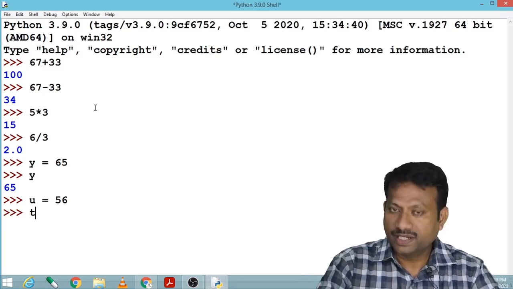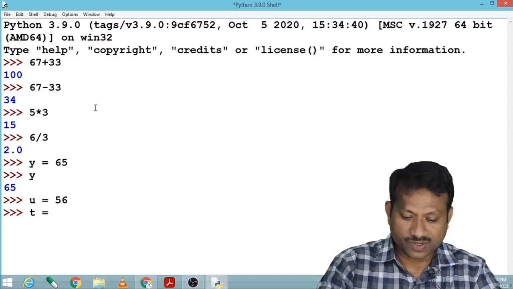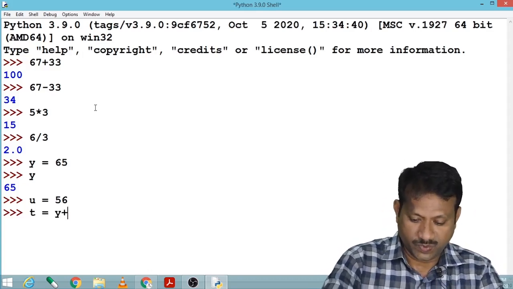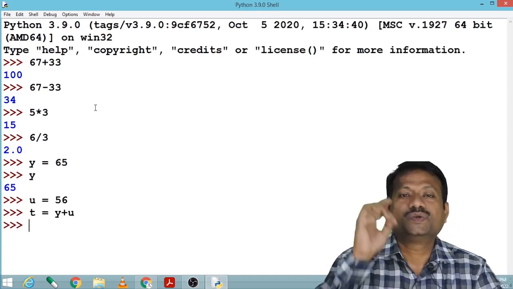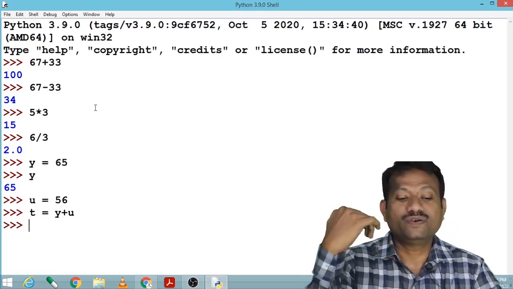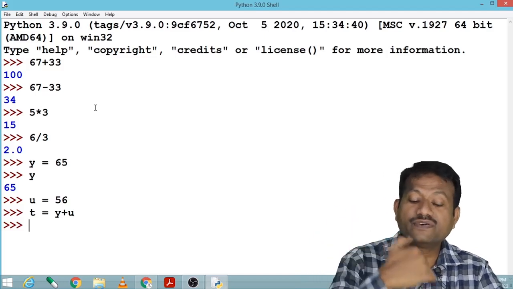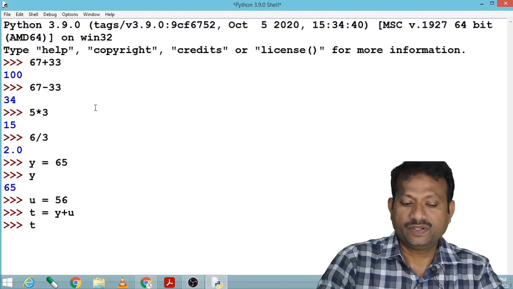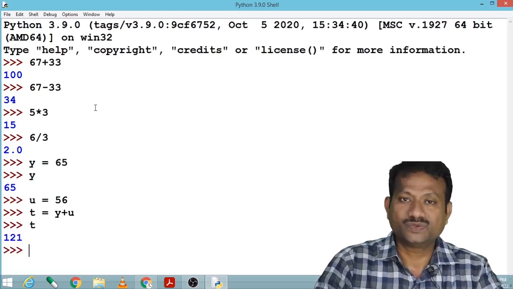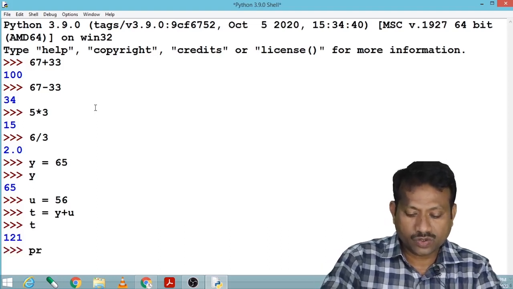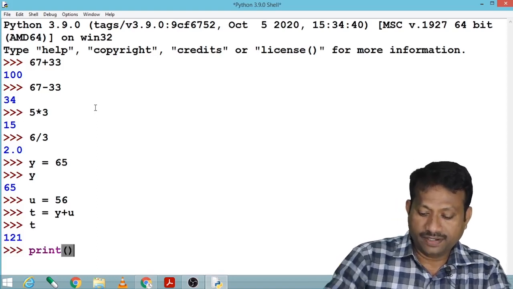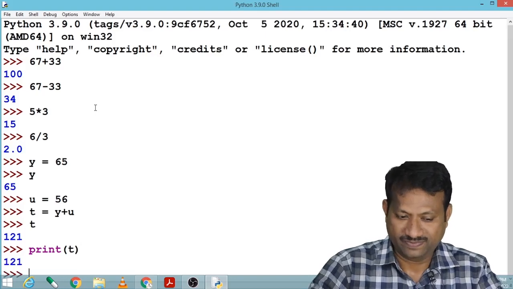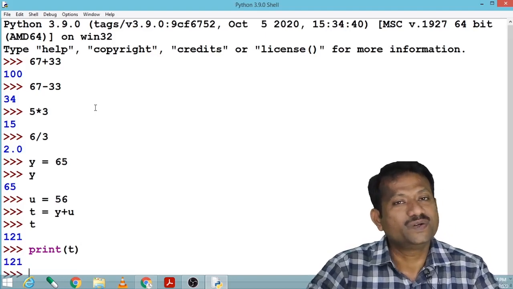So another variable t is going to add something. t is equals to y plus u. Enter. So t has got the addition of y and u, that is 65 and 56. Suppose I say t, so I'll get the value of t, that is 121. Or I can say also in this way, print t. So it is going to print the value of t, that is 121.